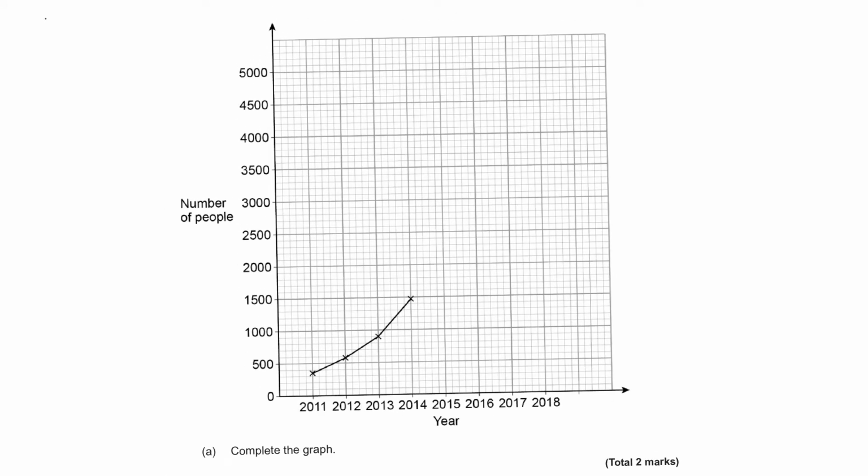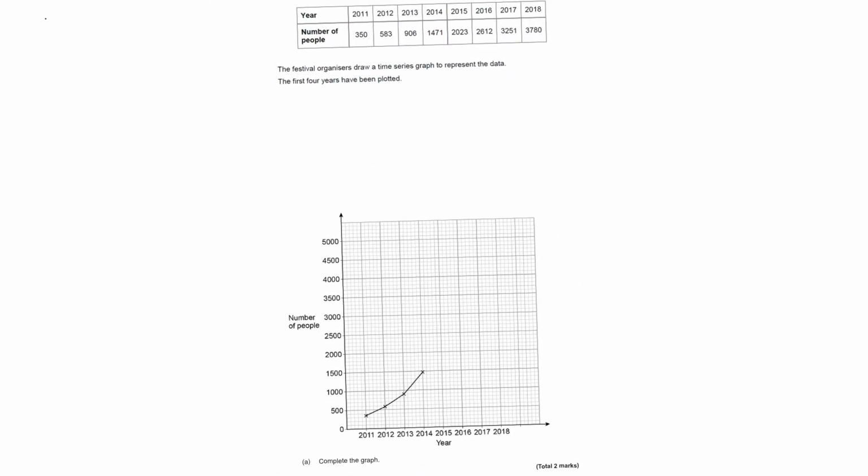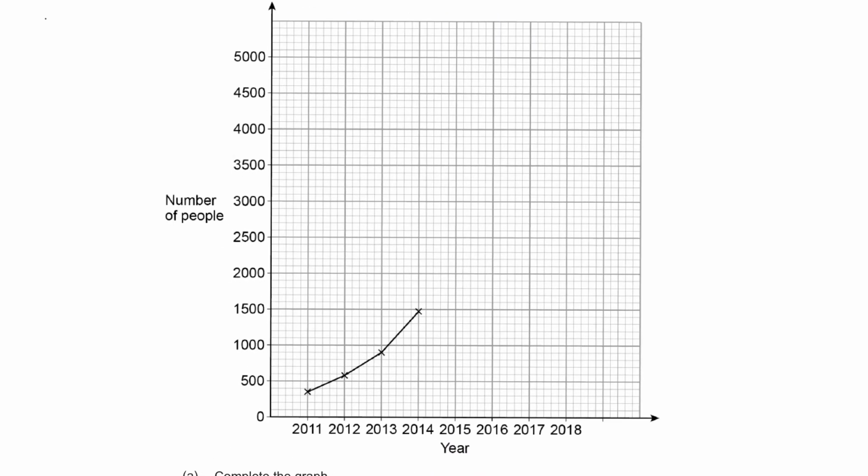So literally, you're just going to plot the values that they've given from the table onto the graph. So let's have a look. I'm just going to do it as I go along. First things first, it's saying that in 2015, there were about 2,023 people. And I know you're probably going to ask, how am I going to draw exactly 2023? You're just going to have to roughly draw that. So 2015. Here is marking 2,100. As we can see, each part is going up in hundreds. So if you're trying to draw 2023, it's going to be slightly less than halfway of that, so about